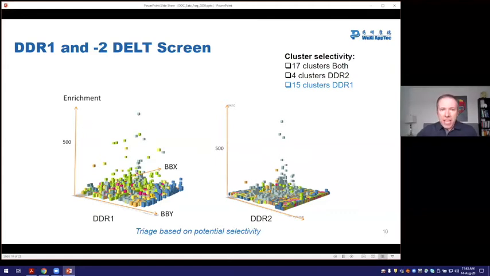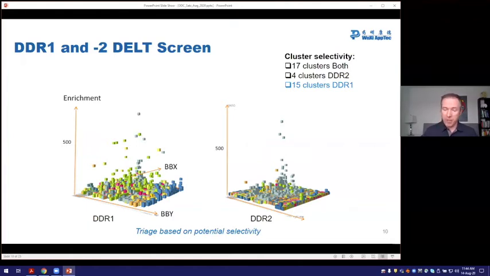And what we see here is that there are many different clusters which enriched against DDR1, but they did not enrich against DDR2. So in total, we had 15 different clusters showing up against DDR1 that didn't show up against DDR2. And of course, it made sense to follow up with those clusters first